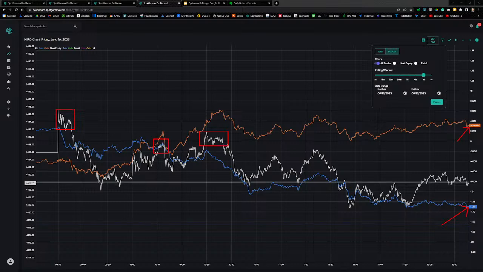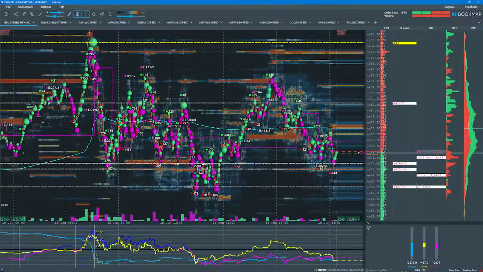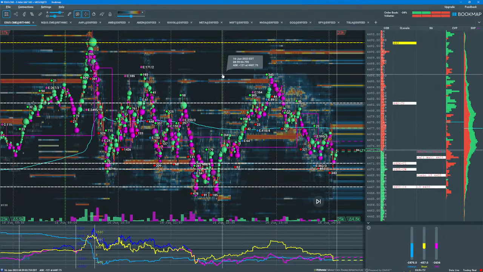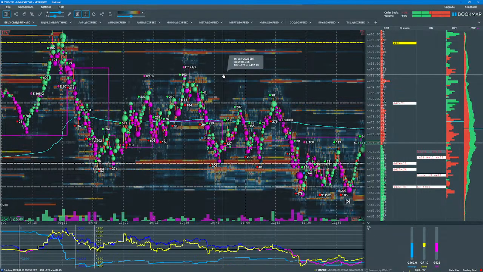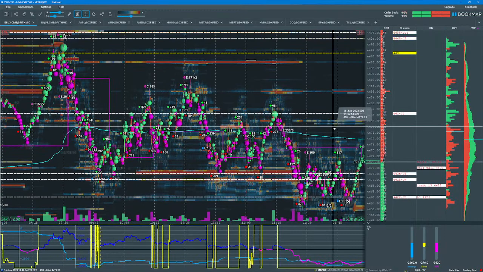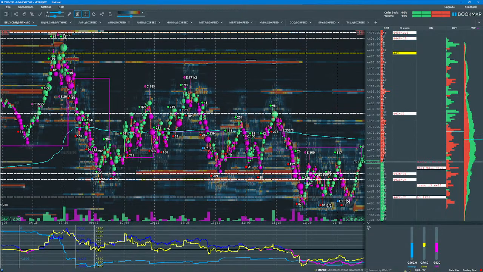All right, so let's go take a look at Bookmap now. Let's zoom in to noon. All right, so we know that traders were net buyers of puts, taking negative delta positions during this time. So now watching order flow,